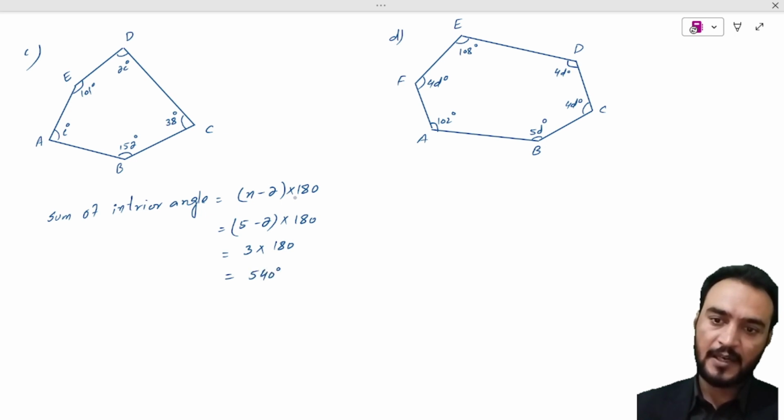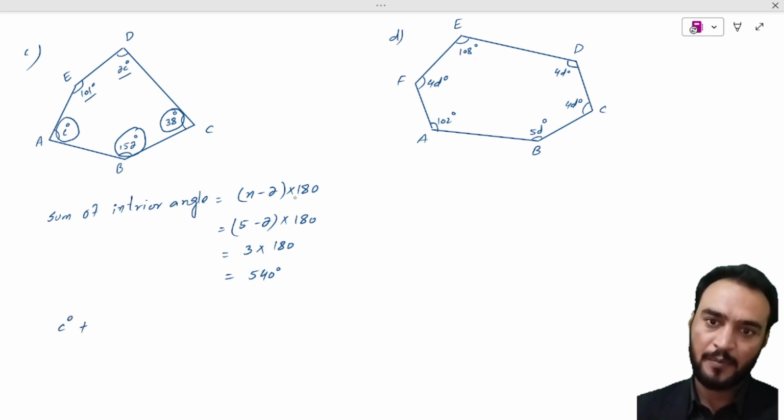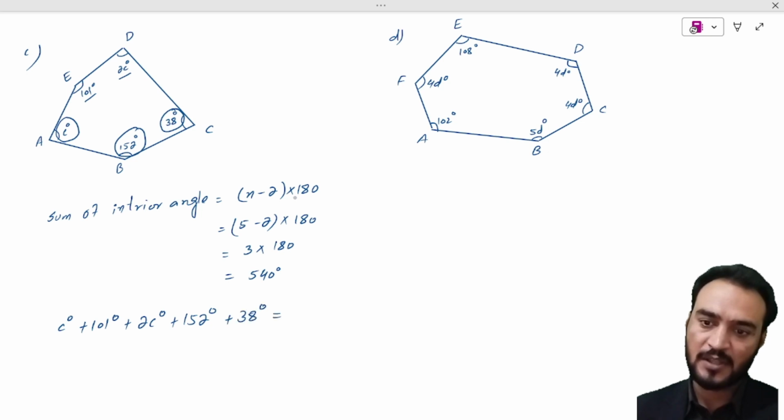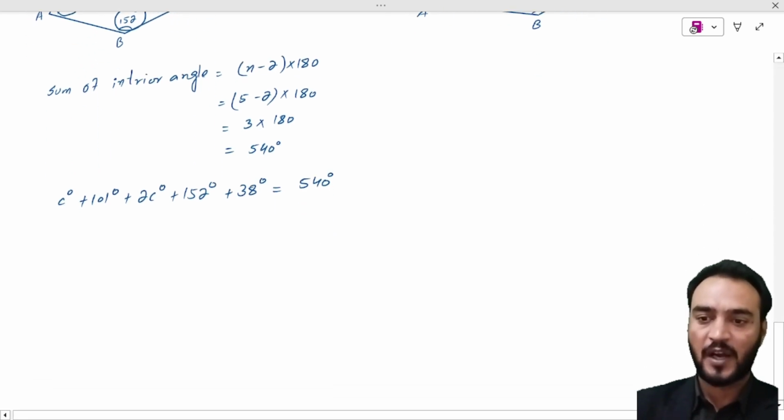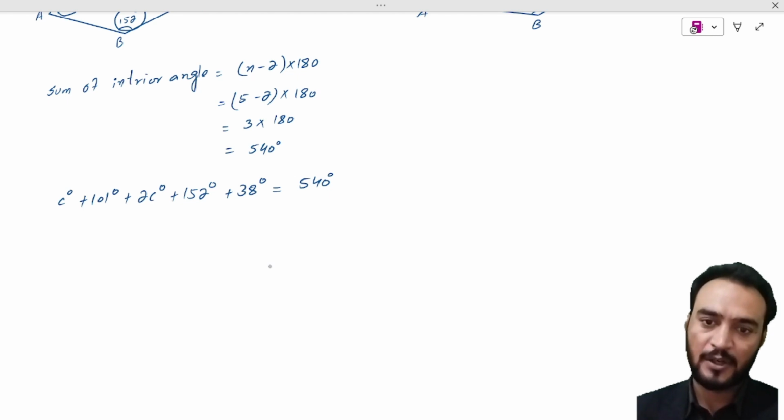540 degrees. And now we add all these interior angles. The unknowns are C degree, 101 degree, 2C degree, 38 degree, and 152 degree. We add all these angles, that is C degree plus 101 degree plus 2C degree plus 152 degree plus 38 degree. We put this sum equal to 540 degree, that is the sum of interior angles of this polygon. And here we add the values of C degree, 1C plus 2C becomes 3C degree, and